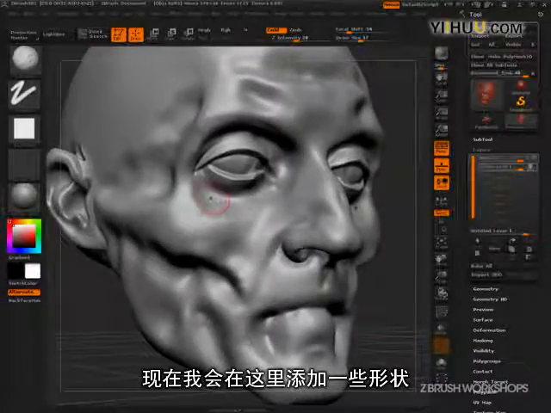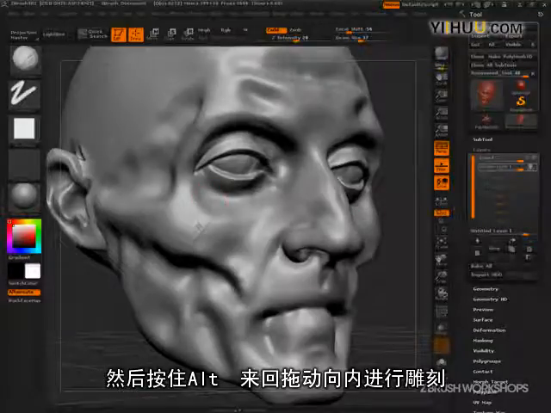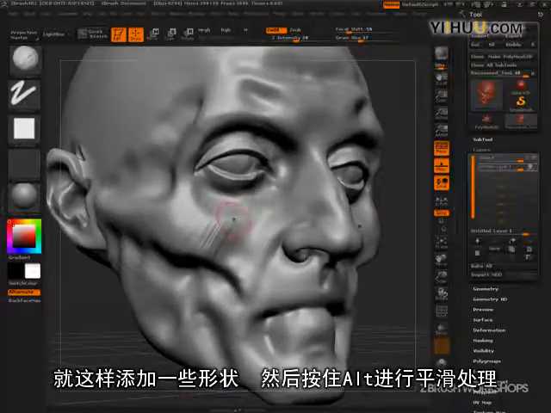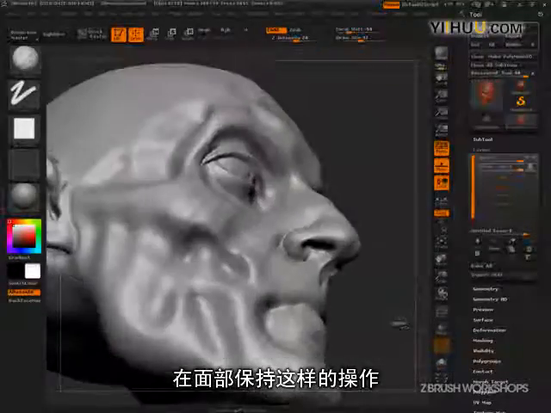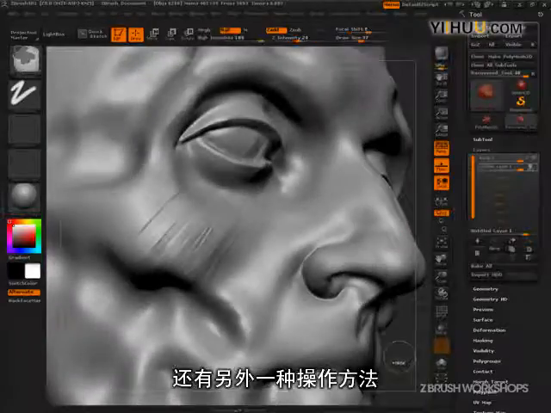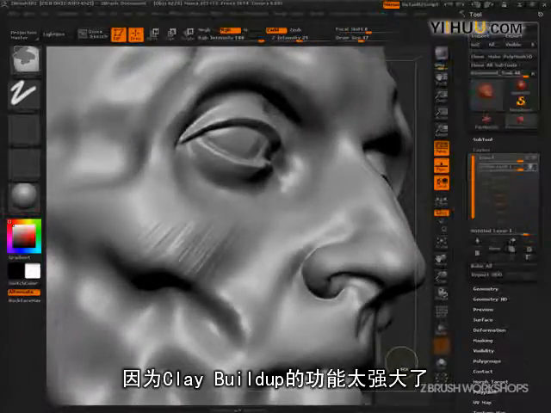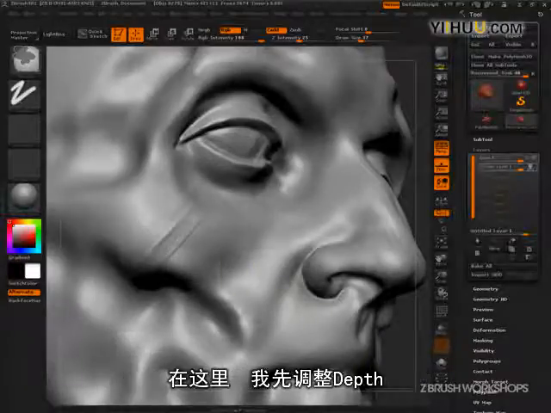What I'll do is add form and then press Alt to subtract and go back over that. So I'll add and then I'll press Alt, and I'll let go of Alt and I'll press Alt again, and I'll do that all over the surface to kind of give me that staccato feel. Now something else I might do, because clay buildup can be quite a powerful brush, is that I will change